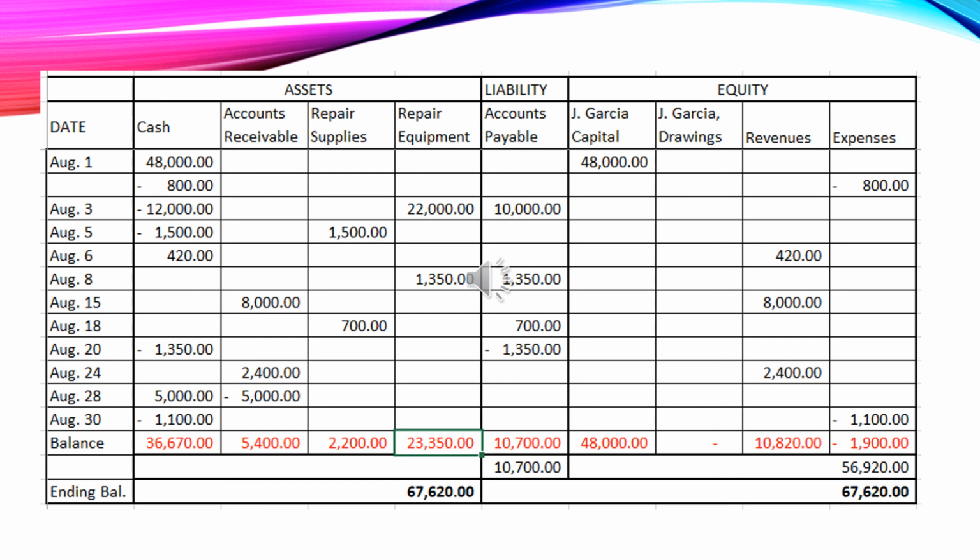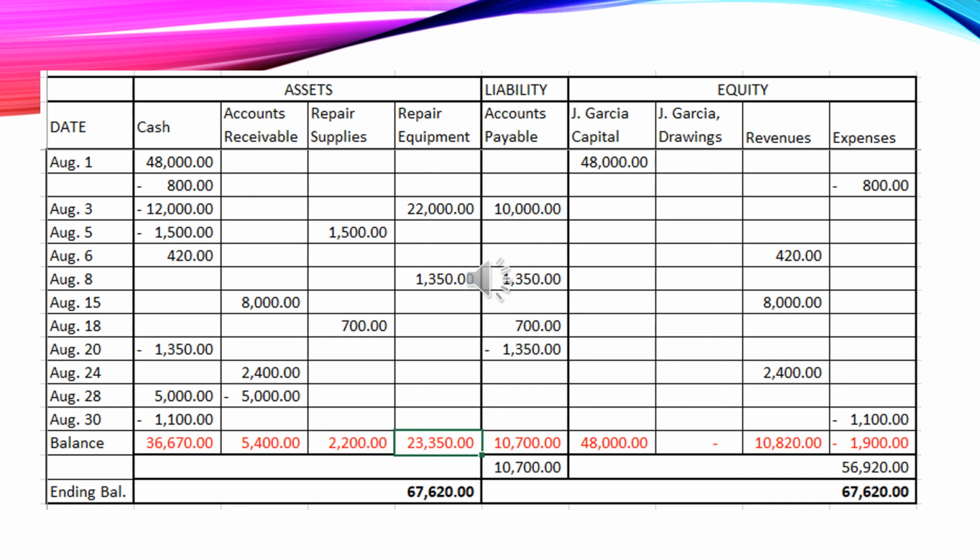And the total is 23,350. So if you will total the asset, cash is 36,670 plus accounts receivable of 5,400 plus repair supplies of 2,200 and then repair equipment of 23,350, we have there a total of